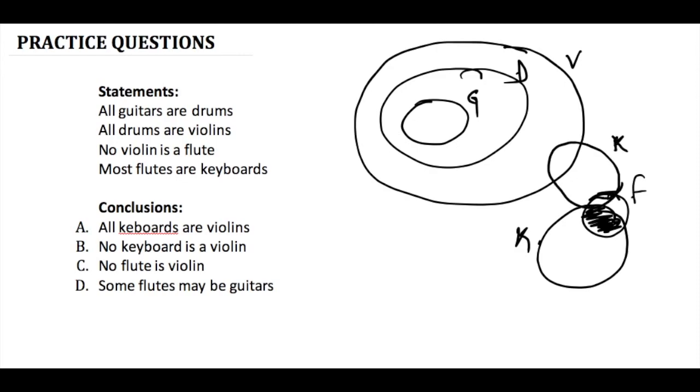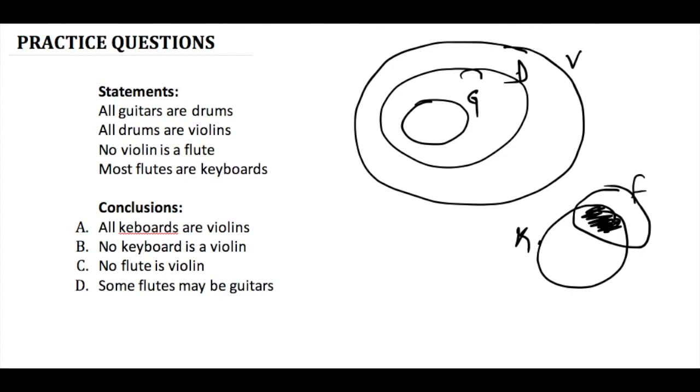के है, कीबोर्ड्स है। सम फ्लूट्स आर कीबोर्ड्स एंड सम वायलिन बिकम कीबोर्ड, ये भी एक पॉसिबिलिटी बन जाती है। इसको भी समझेंगे किस तरह से काम करेगा। देखते हैं कंक्लूजन्स क्या क्या दिए हुए हैं। ऑल कीबोर्ड्स आर वायलिन्स, ऑल कीबोर्ड्स आर वायलिन्स,